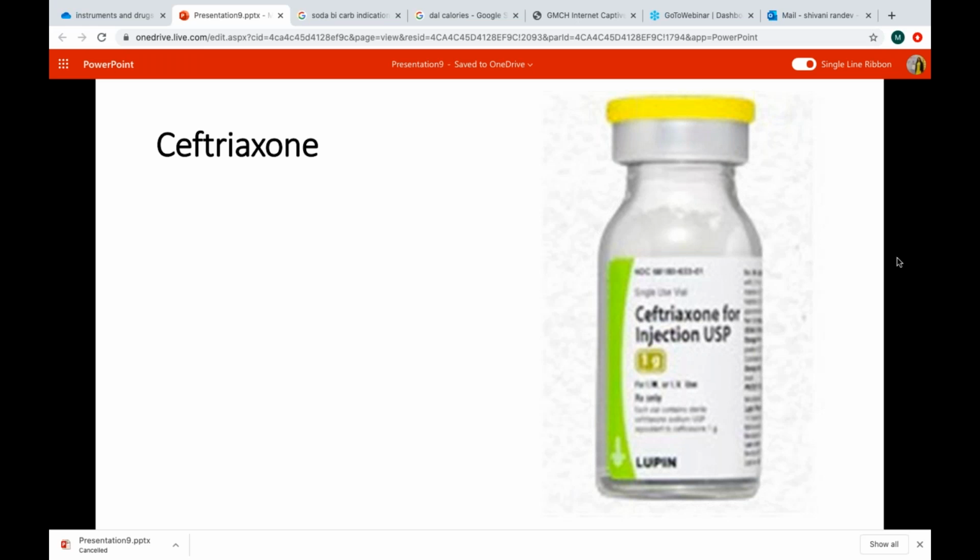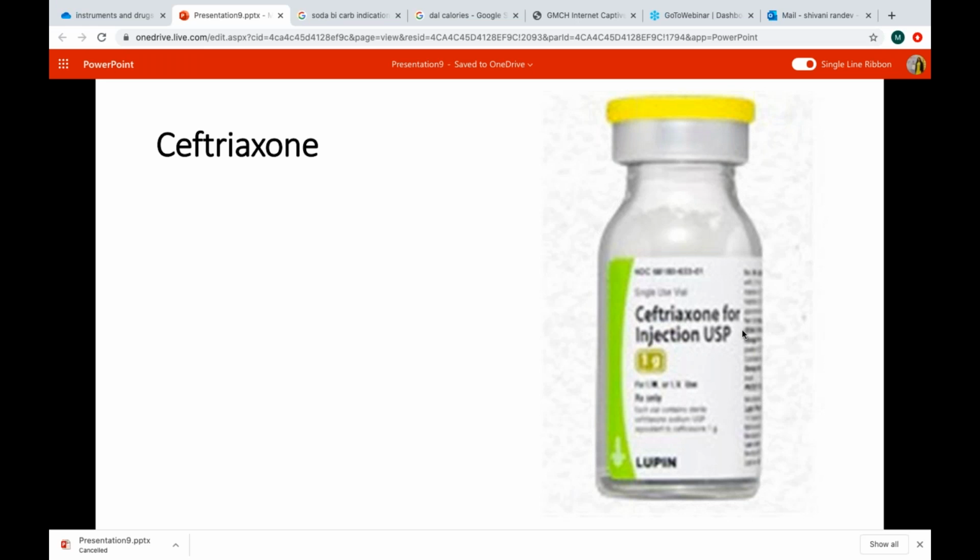Ceftriaxone can be used for, yes, ceftriaxone can be used for. Name just two indications of using ceftriaxone. You can type in the box. Okay, so one indication can be enteric fever for a sick child who needs parenteral antibiotics, and another could be pyogenic meningitis. Ceftriaxone is a good drug for streptococcal infections also, and it can be used in pneumonia. So it has a number of indications, and you should know the dose.